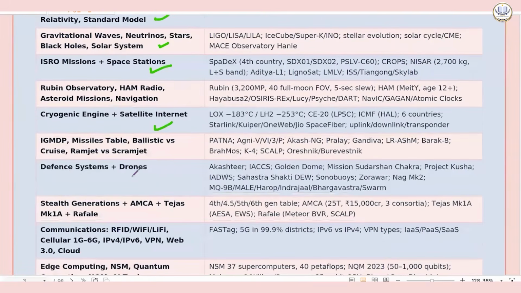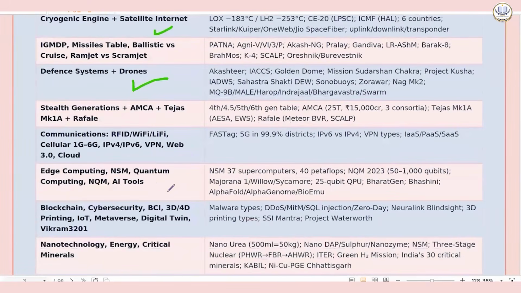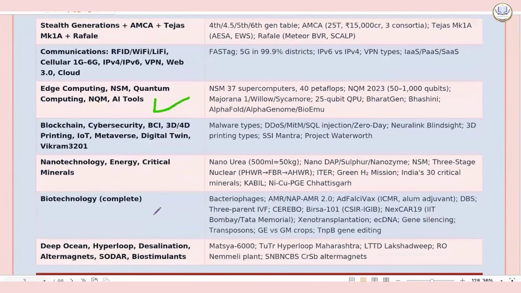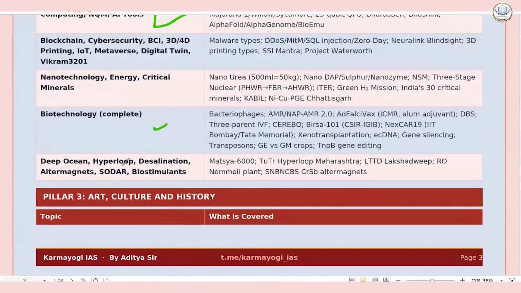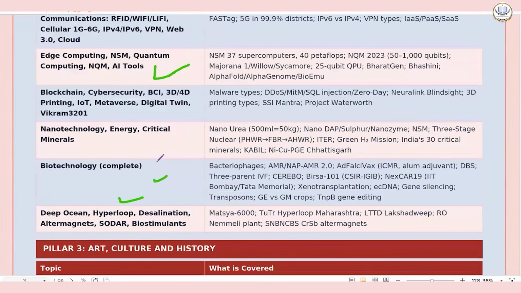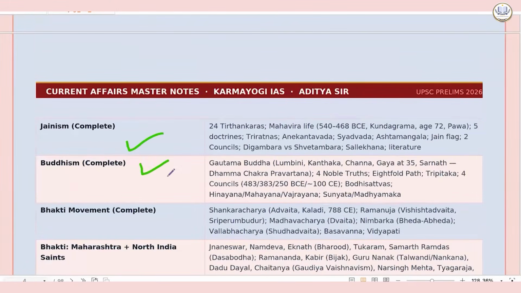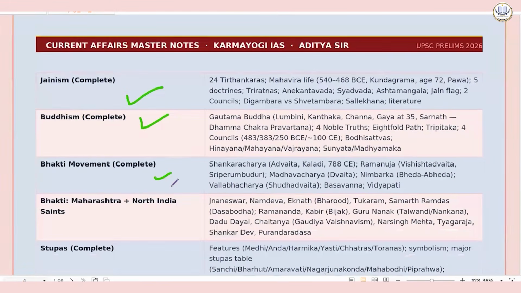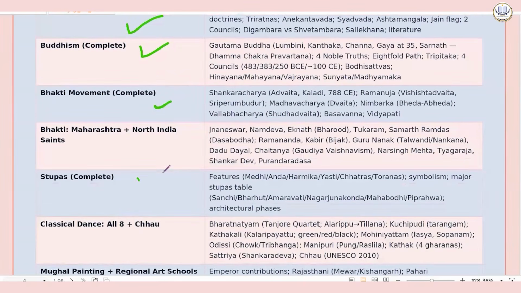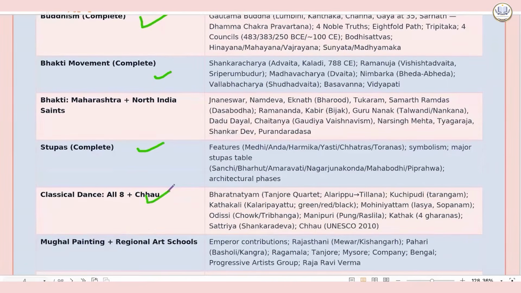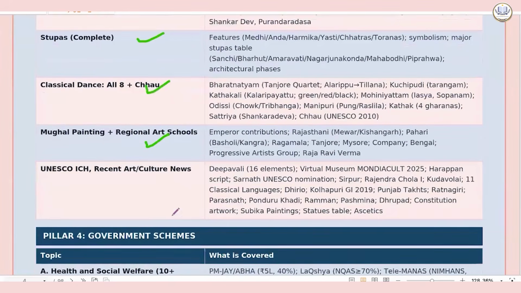In science and technology, we will try to cover the basics as well of space sector and the important missions. We will cover the defense technology. We will cover the important emerging technologies, nanotechnology, important things related to our biology as well. And then in art and culture, the two most important pillars, Jainism and Buddhism, Bhakti movements, and the important saints, stupas, classical dances, then paintings, UNESCO,